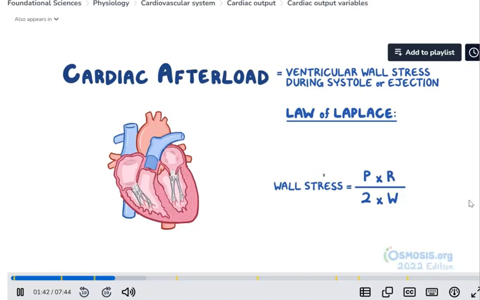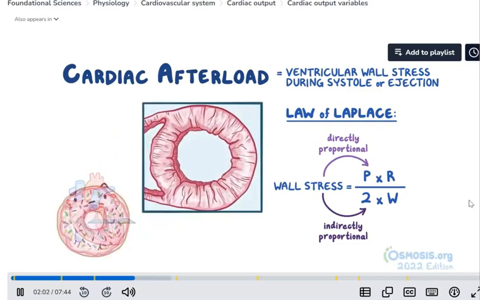Another way to say this is that cardiac afterload is directly proportional to the pressure inside the left ventricle during ejection, as well as the radius of the left ventricle, and indirectly proportional to 2 times the ventricular wall thickness. To visualize this, let's look at a cross-section of the left ventricle, which looks a bit like a donut